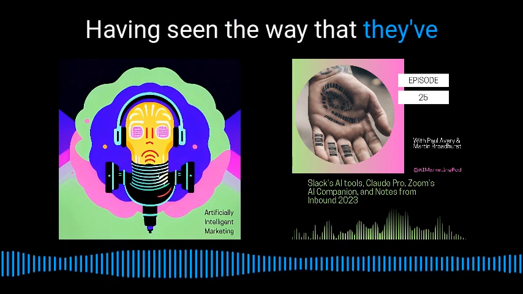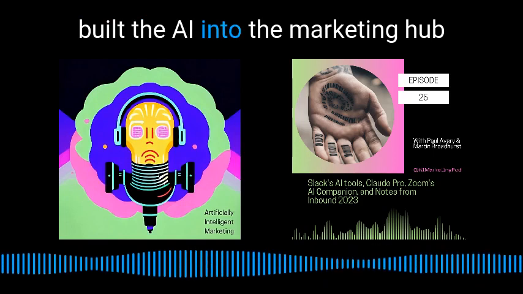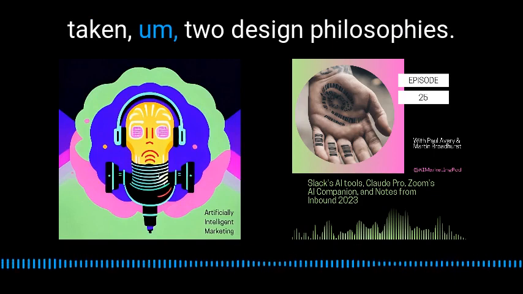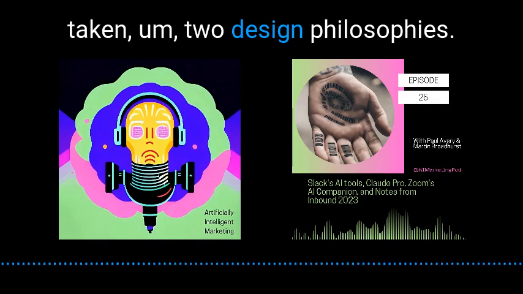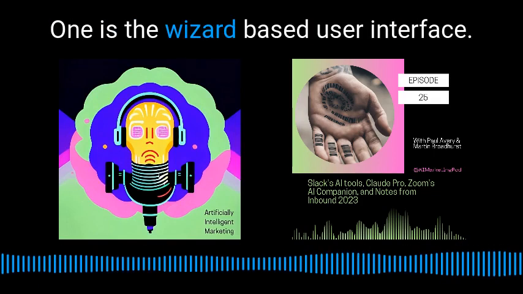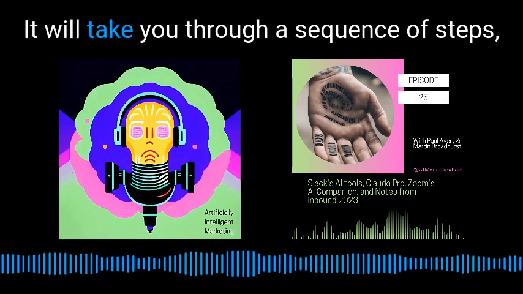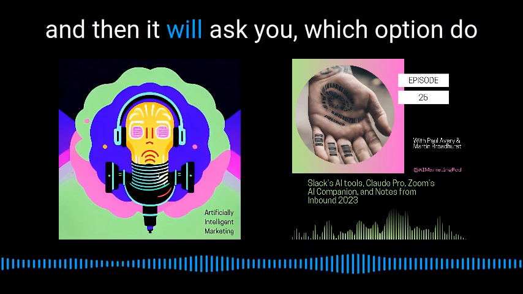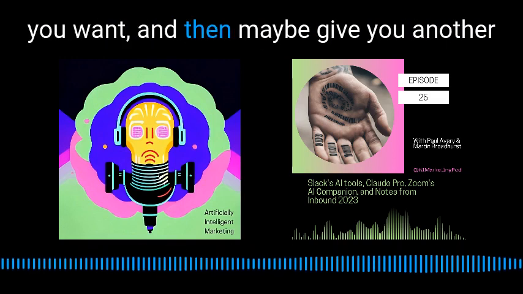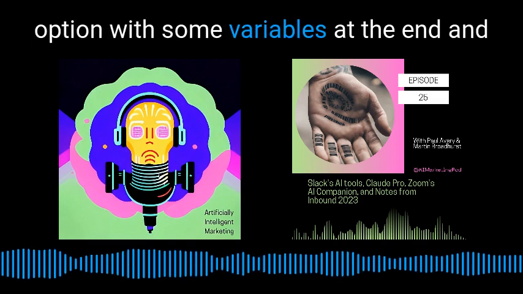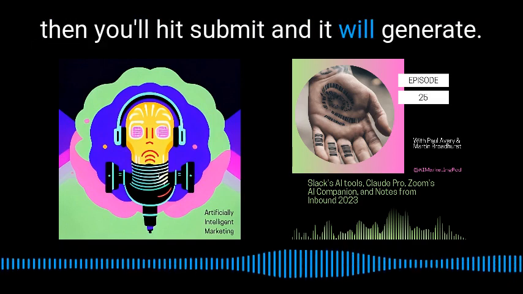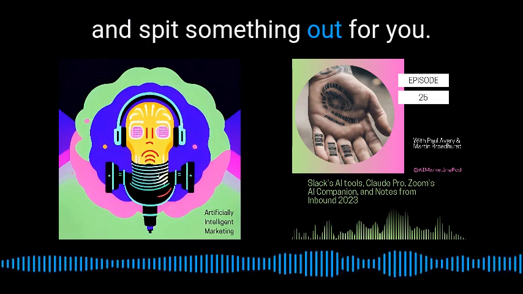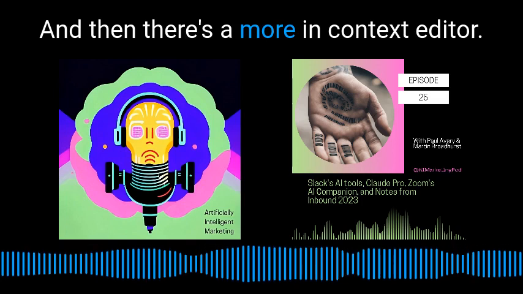Having seen the way that they've built the AI into the marketing hub in particular, it seems like they've taken two design philosophies. One is the wizard-based user interface. It will take you through a sequence of steps. So it will ask you to describe something, and then it will ask you which option do you want, and then maybe give you another option with some variables at the end, and then you'll hit submit and it will generate all of that. It will just take all of that information, put it into a prompt, and spit something out for you. And then there's a more